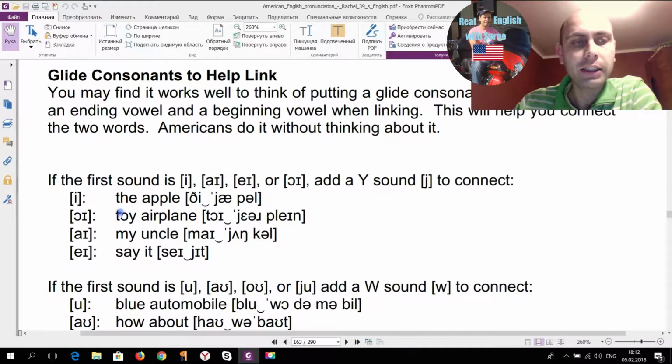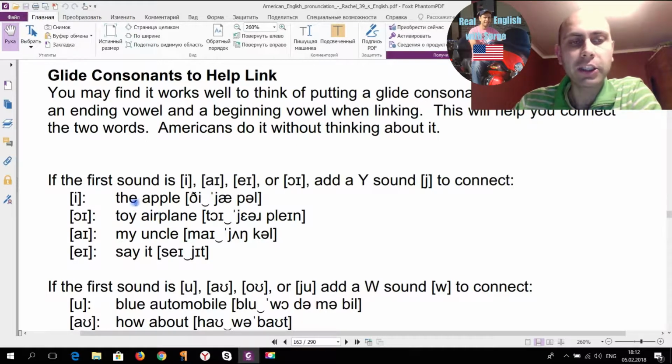The Y glide consonant is used for when the first sound is E, I, A, or Oi. In these cases we use the Y consonant or the sound Y. In the expressions like the apple, toy airplane, my uncle, say it. In all these examples we see that the linking or the glide consonant between the 2 vowels is a Y.